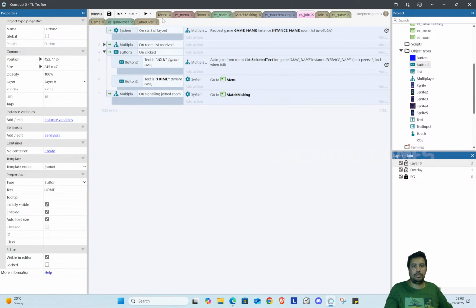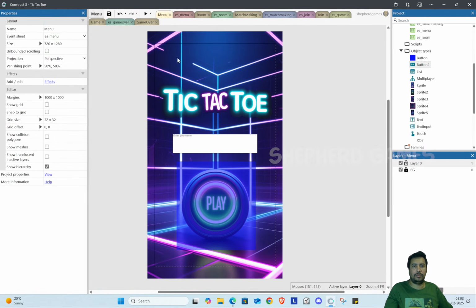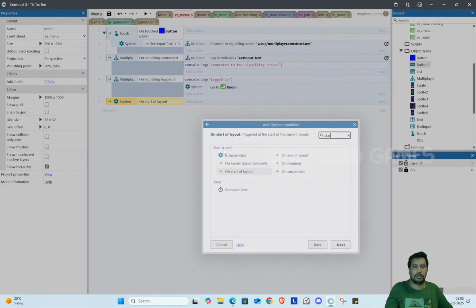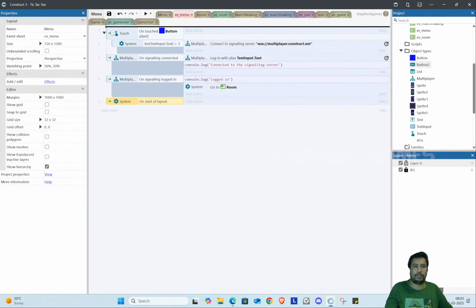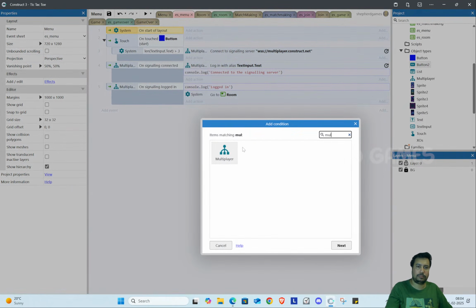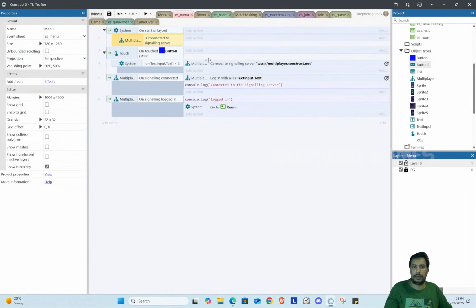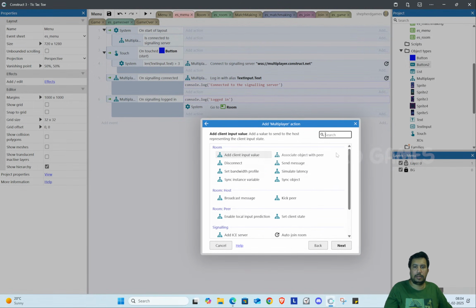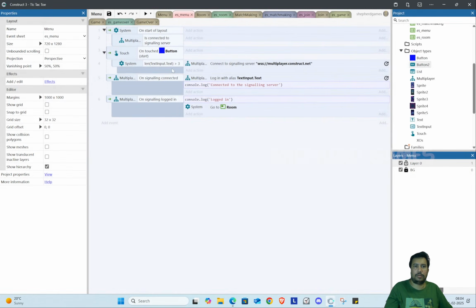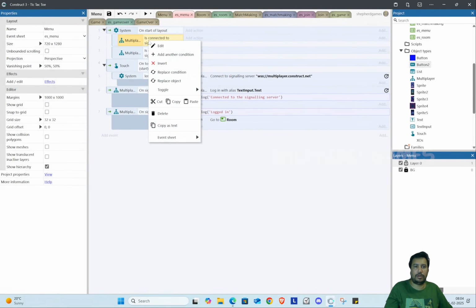Okay, so when I go back to menu, we need to do one thing. So on the startup layout, if I'm already connected, wait, if I'm already in the room,